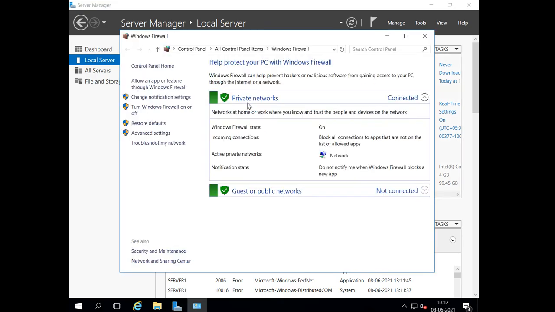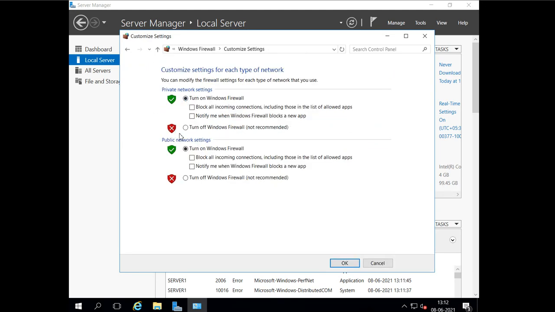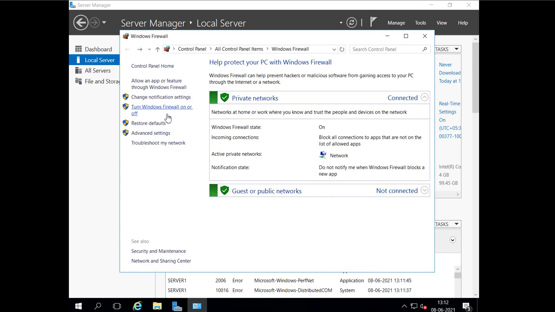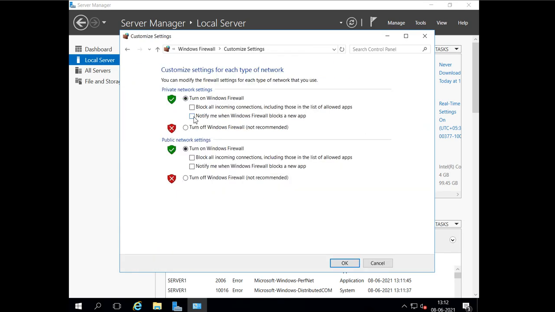Actually, there are three firewall network zones. First we have private and public, and the third one is domain, but domain is not showing here because this machine is not a part of any domain. So when the machine becomes part of the domain, that domain firewall will come. So I will go to advanced settings,